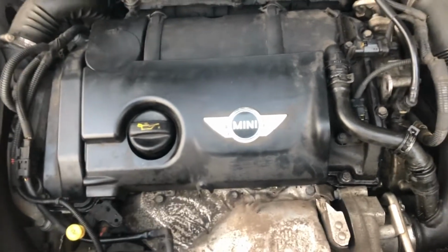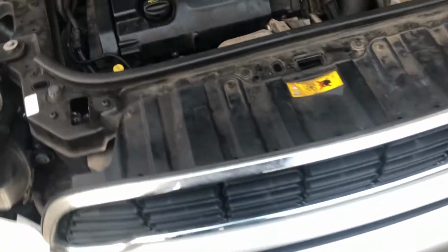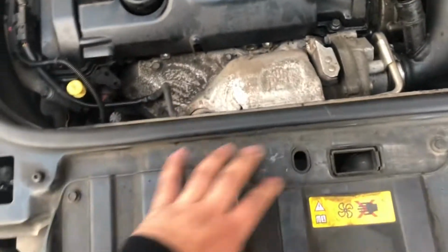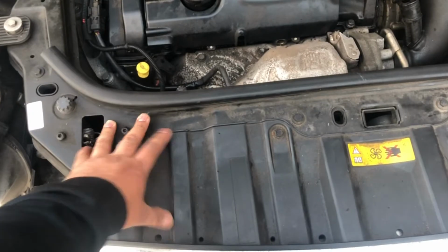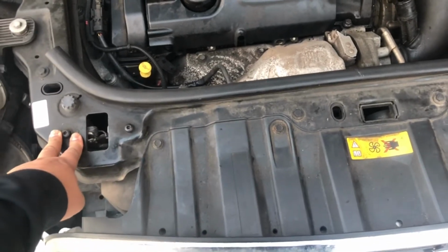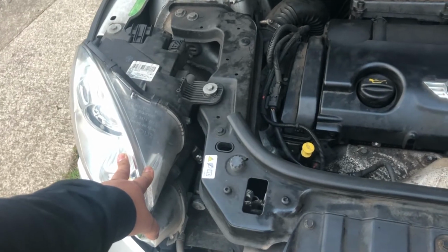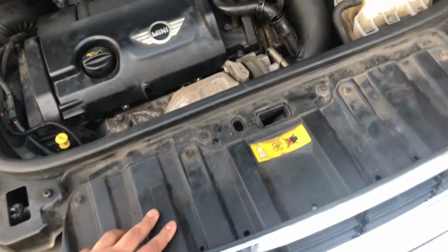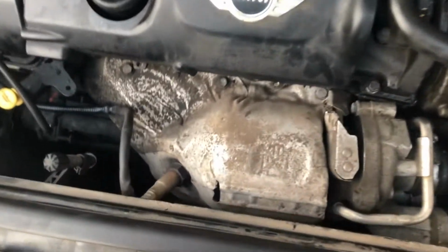First and foremost, I believe what I'm going to need to do is take the front end off, because to get to this turbo, I'm going to see how much space I've got once I've removed all of this here. This crash bar, this driver's side headlight needs to come out anyway, so I might be taking that off. Take this off, probably remove this grille, and then I'll see how much space you get in there. There's not a lot,